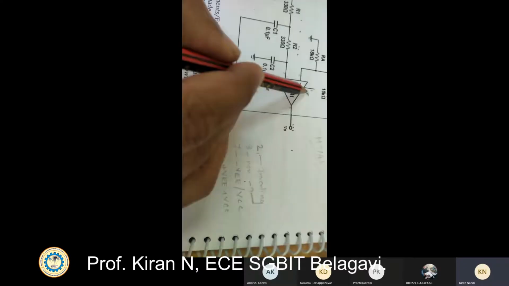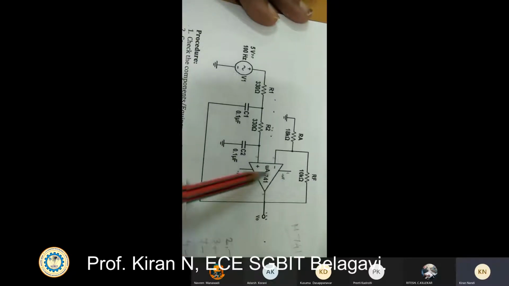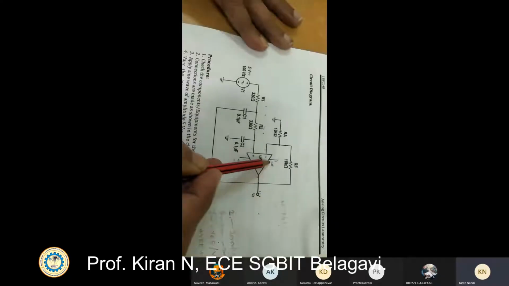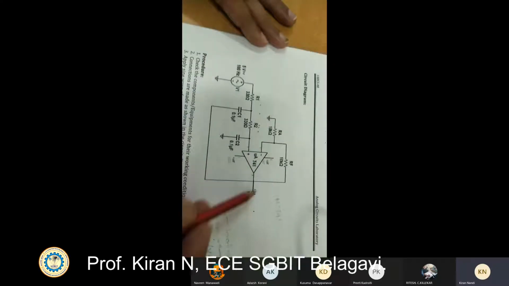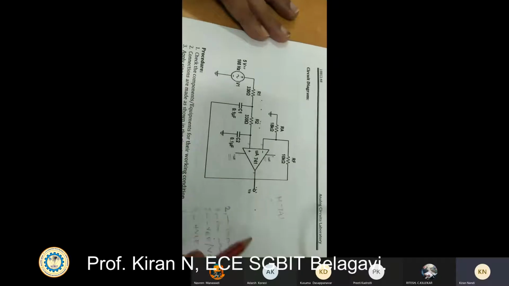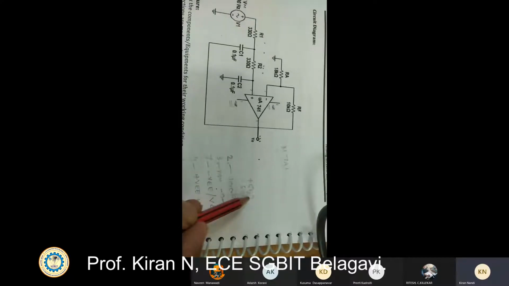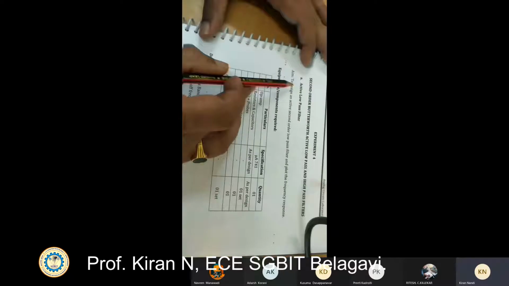So you can see here, this is pin number 4 and pin number 7. To pin number 7 I have given plus 15 and to pin number 4 I have given minus 15 volts. So this is with respect to the circuit. Again, the mu 741 IC can also operate on plus 5 volt and minus 5 volt. So for your lab purpose we are using plus 5 volt and minus 5 volt for the op amp.